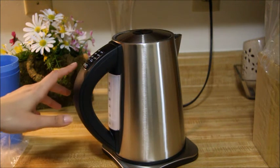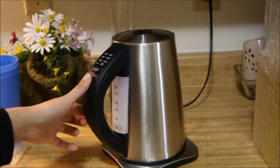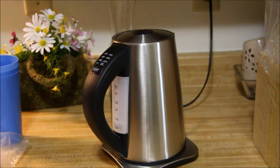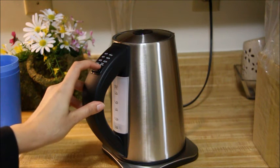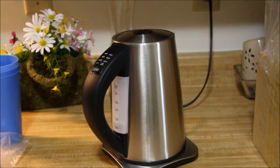Now you can see the start button, it's turned off, which means the water has boiled, and now I have the temperature which I want. And in case I want the water to remain hot, I'll just press the keep warm button, and this will keep the water warm. This is a really nice product, and especially because of the function which I can set